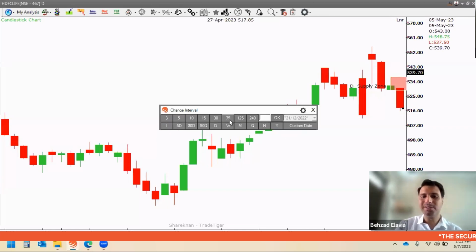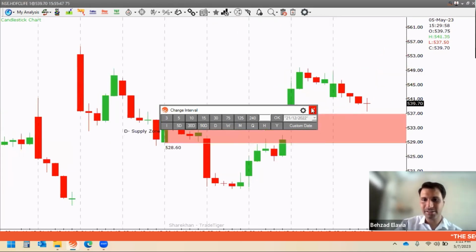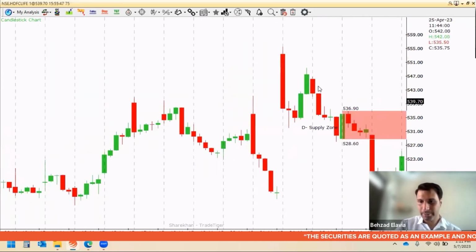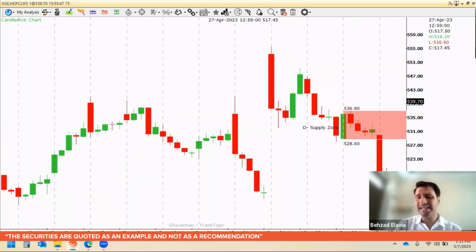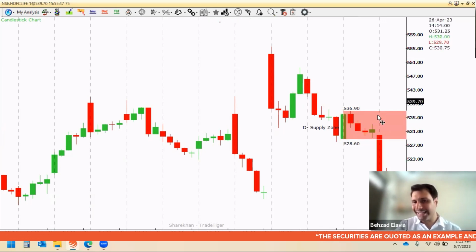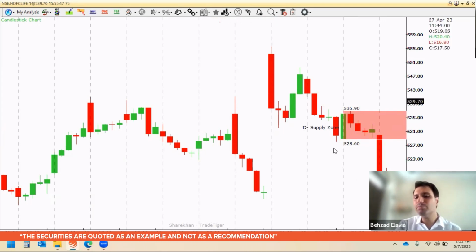Then I move on to 75 minutes to check the intermediate time frame, to check the trend, whether the stock is favoring me or not. So I go on to 75 minutes to check the trend over here. As on 27th or 28th April, you can see the stock is making lower highs and lower highs, creating a little bit of pressure from the top. And also, if you can see, the channel is more towards the downside, giving me a lower high and